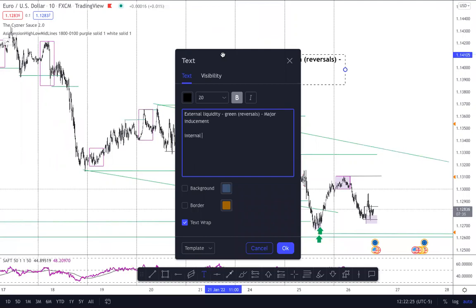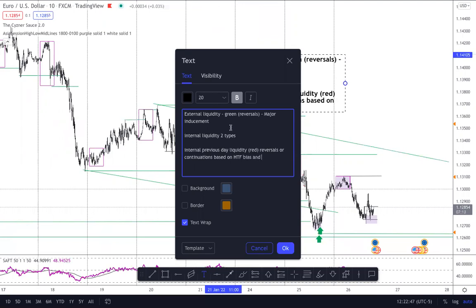Then we have internal liquidity, right? There are two types, right? We have internal previous day liquidity, which I will make red, and these can be used for reversals or continuations based on high time frame bias and daily cycle, right? And then we have internal same day liquidity,